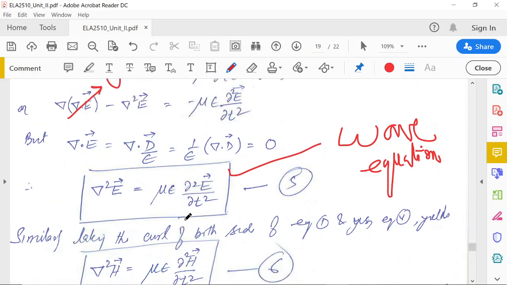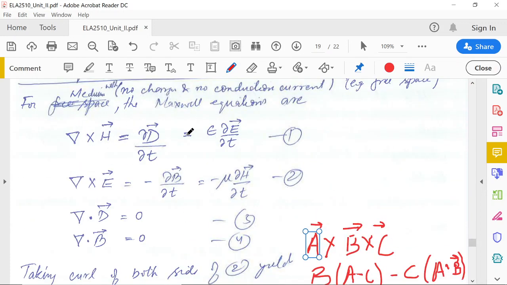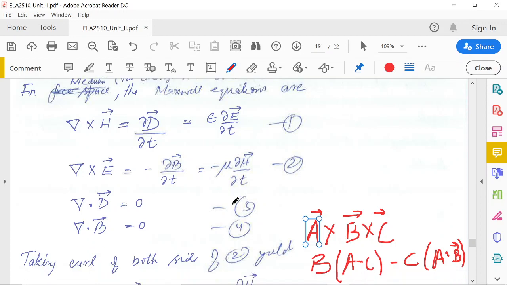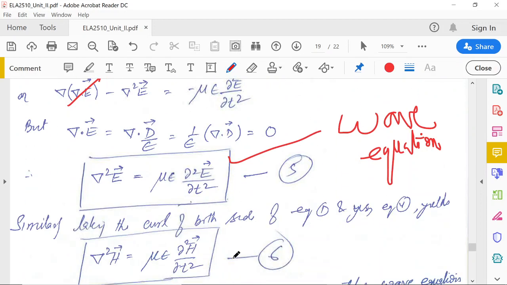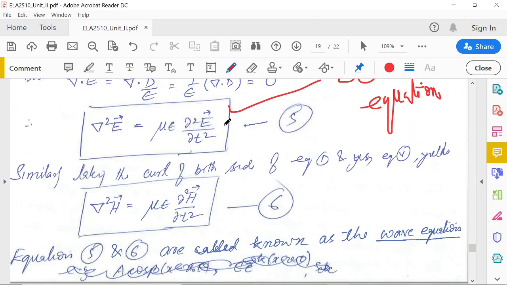Similarly, we can do a similar analysis if we take this first equation, take the curl of it, open it, and replace where del cross E comes, and you will get another equation in H. We can omit E and get another differential equation in H. So we are getting two differential equations, one in E and another in H. Both are almost the same. So the nature of E and H will be the same, but they will have different expressions and different values, because the equations are the same. These two are called the wave equations, and you have to remember this.